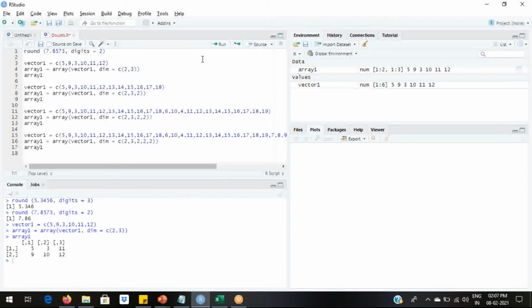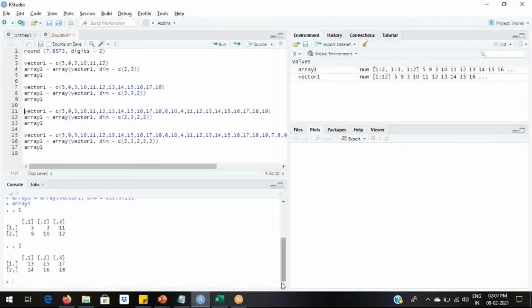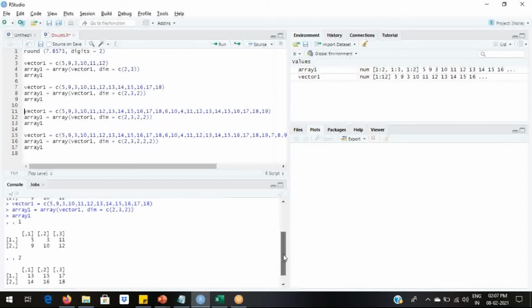Now let's try the example for 3-dimensional arrays. For 3-dimensional arrays, the first argument 2 indicates the number of rows in dimension equal to c(2, 3, 2). The second argument indicates the number of columns.